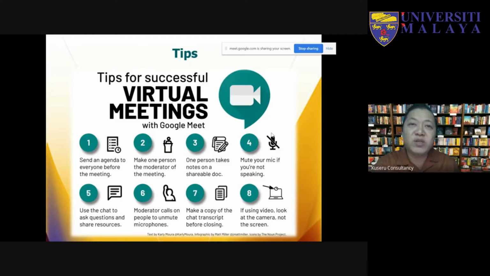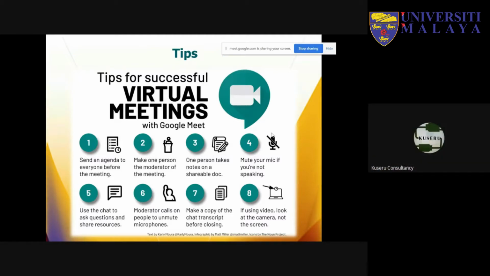We always use chat for our conversation, or mic if it's necessary for the participant to switch on the mic and ask questions. Okay. Moderator calls on people to unmute microphone. So if you think that every single participant switches on their mic, you can request them to switch off their mic. And when a session is being recorded,